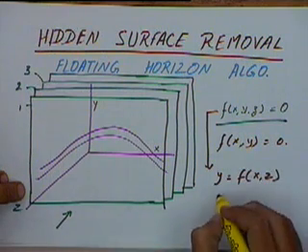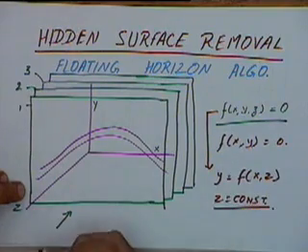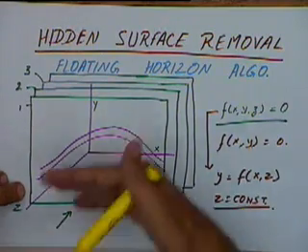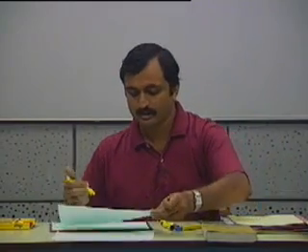Then we are taking z equal to constant curves. So we are getting a family of curves, and we have to display this family of curves, or this set of curves. So first thing we will do is